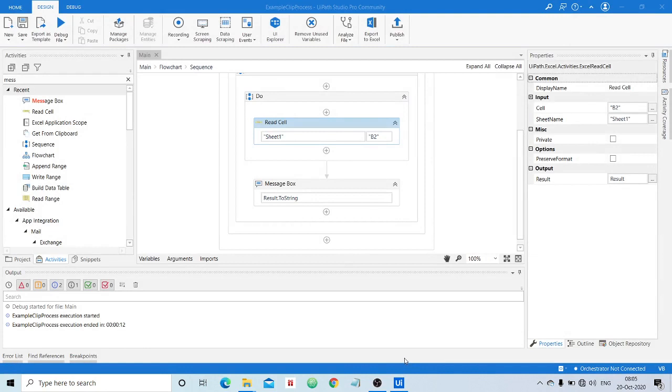Okay, in the coming class we shall see the other operations like write, read range, write range, append range with respect to the Excel application, and we shall finally see whether there are any alternative ways for us if the Excel file has numerical values. Clear? Okay, thank you, Nanda.